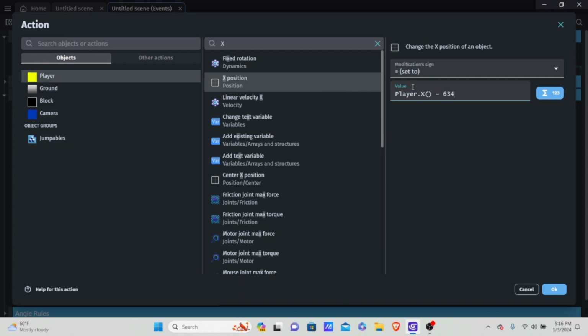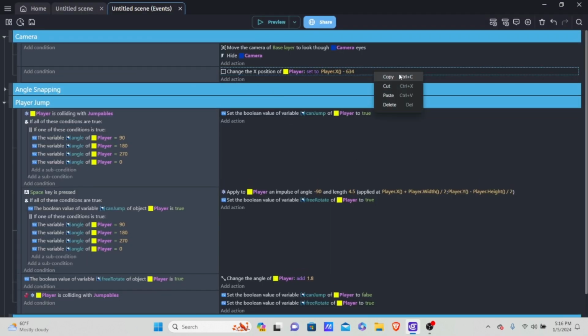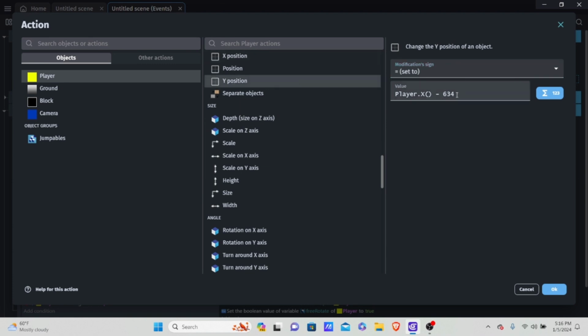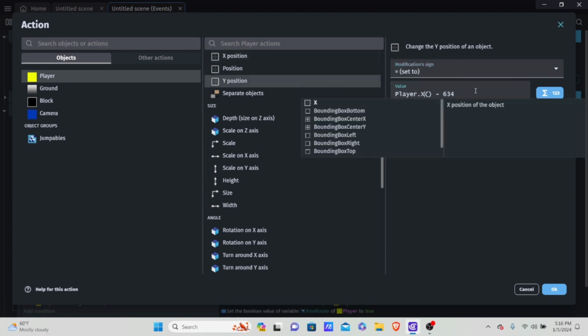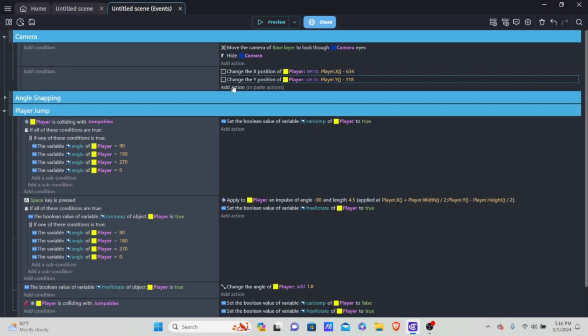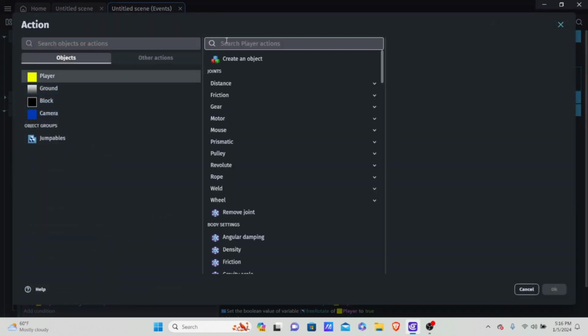There's a value that I've already set up. Once again, you can tweak these if you don't like it. Minus 634. And I'm going to copy and paste this, and we're going to put not the exact same thing for the Y position. We're going to put player.y minus 118. And for the last one, I'm going to add an action, go into player, and we're going to put the